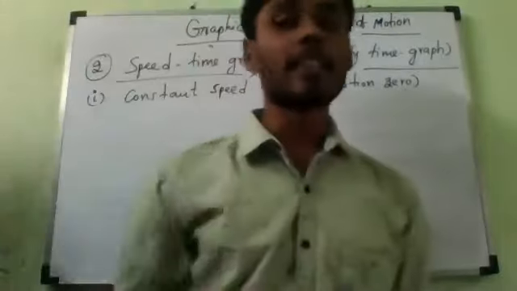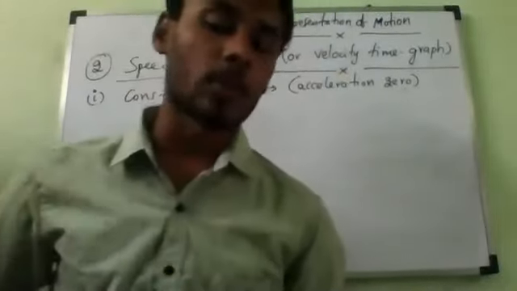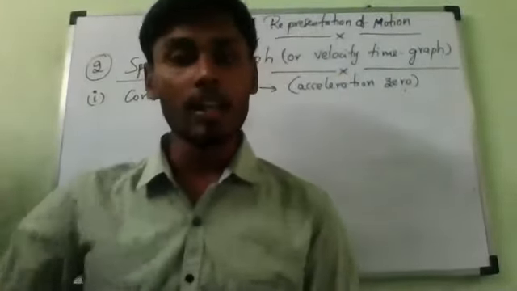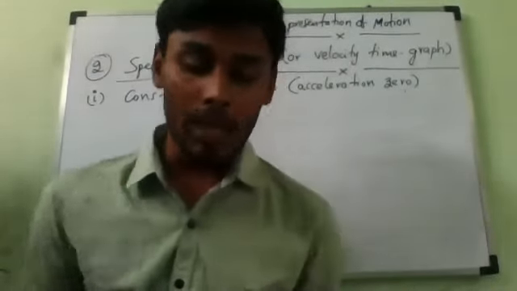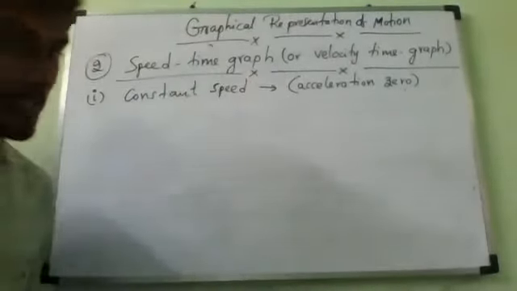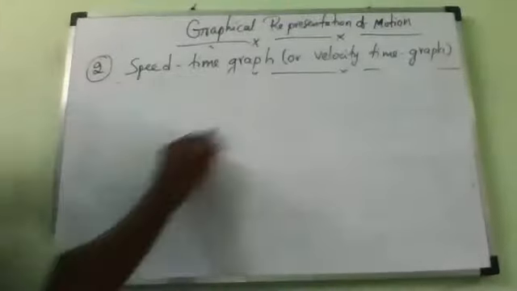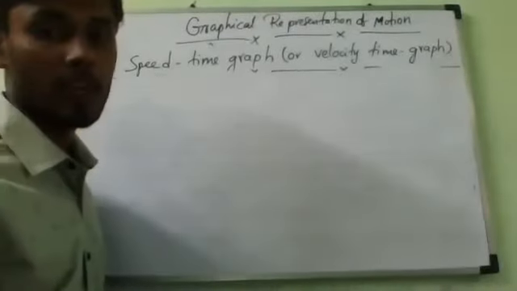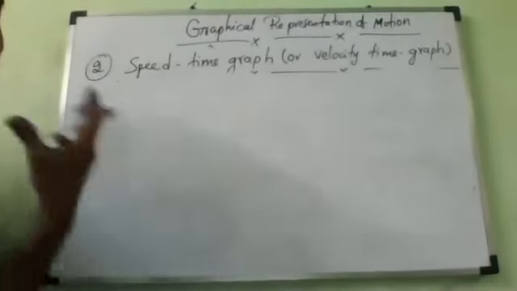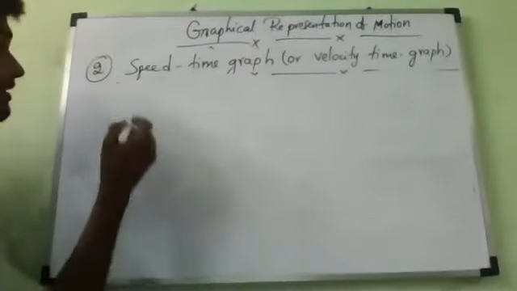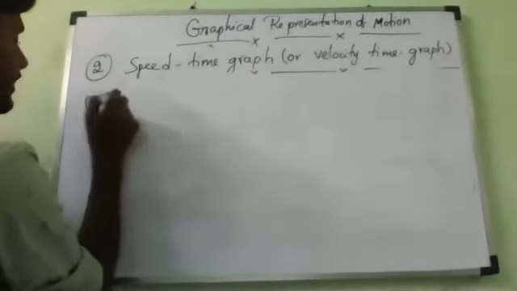So if speed is changing at a uniform rate, what about acceleration, Pradosh? Tamil Selvan, is it 0 or is it also changing uniformly? When the speed is changing uniformly, what will happen? Acceleration also will change uniformly. That's what you should remember. Understand? So if the speed changes at a uniform rate, then it is also having uniform acceleration.